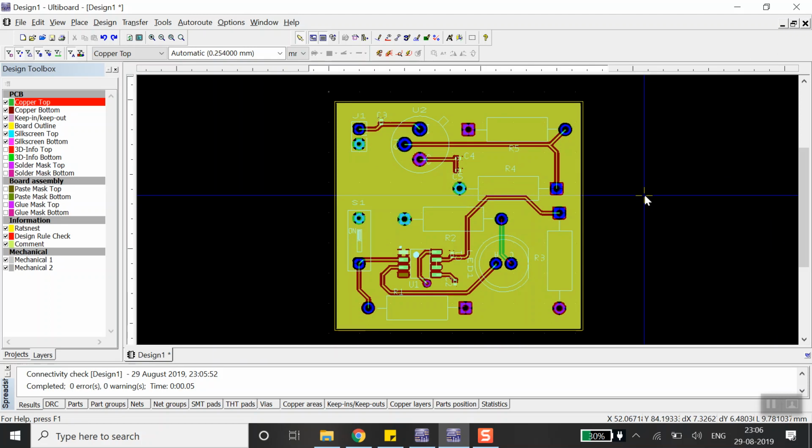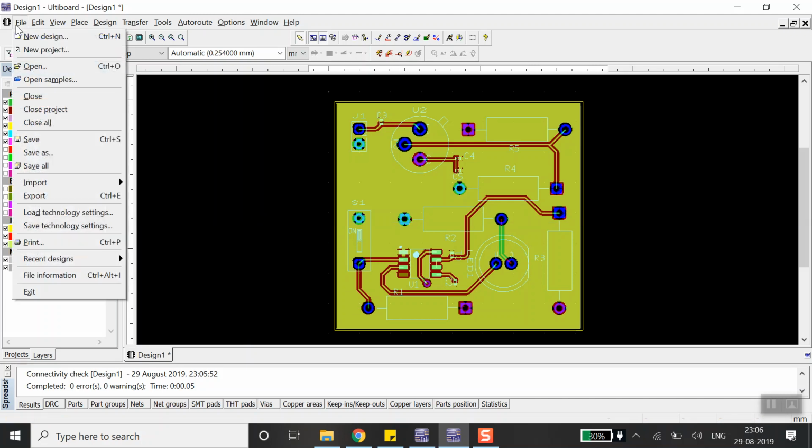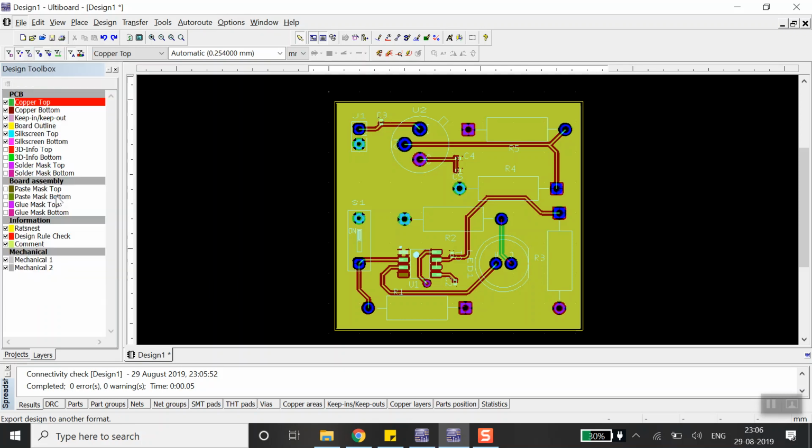If you want to give this PCB to a PCB manufacturer, what exactly will you do? There are some files that you have to give to the PCB manufacturer, and by that file he will make the PCB. We call those files Gerber files. So from the file menu you can see export,